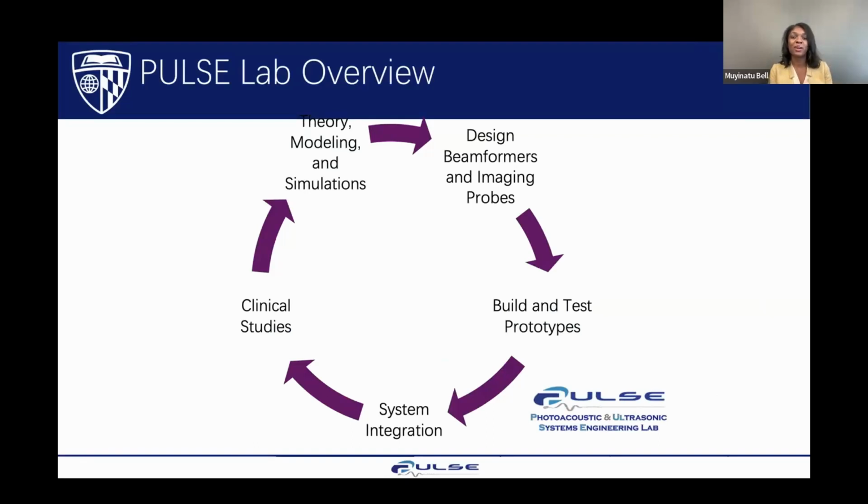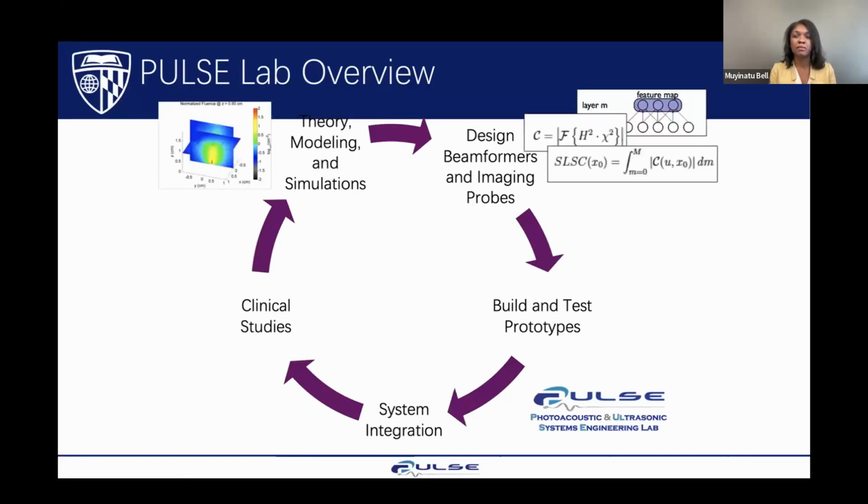before I delve into this research topic. In the PULSE Lab, we follow this cycle that you see here, where we develop theories, models, and simulations, such as this optical simulation of prostate brachytherapy seeds within a prostate to understand how light dissipates around the seeds. And we use this knowledge to design things. We design what's called beamformers, which are signal processing techniques. And we also design imaging probes. Beamformers require a lot of mathematics, and more recently, we are replacing the mathematical models with deep learning models. And we also design physical objects, such as this imaging probe showing a side-firing light delivery system for dissipating light